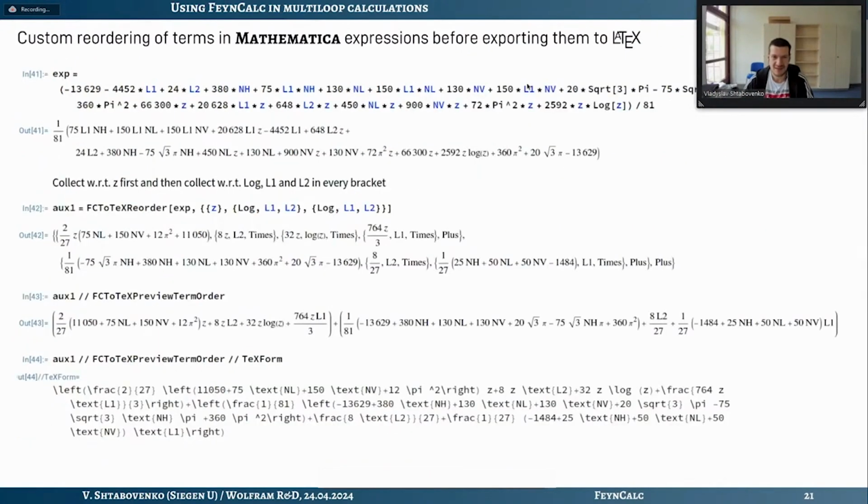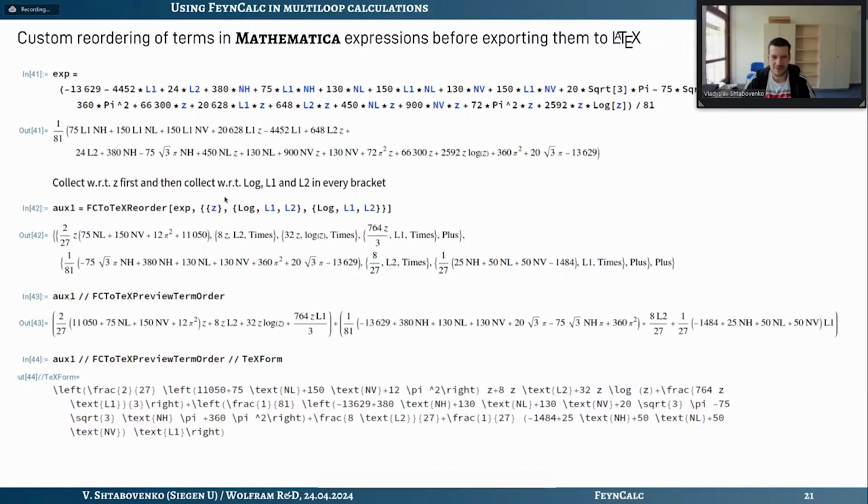And last but not least, another thing I would like to mention is a function for reordering of the terms in Mathematica. So this is a kind of problem that I guess all people doing research with Mathematica have experienced at some point, that when you are done with the calculation and you have your expression, you would like to export it to LaTeX to be able to publish it. But then the problem is that just applying TeXForm to the expression usually does not give you what you want, because as we know, Mathematica has its own way to order terms. And this Mathematica ordering often does not coincide at all with the ordering we would like to have in a paper. And so for that matter, we added this function called FCToTeXReorder,